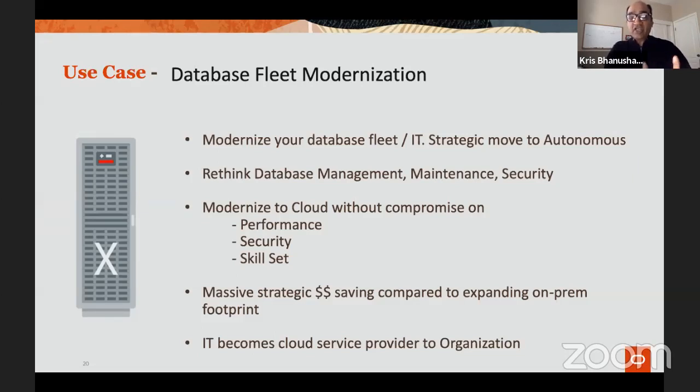This journey of taking your existing outdated database, whether it's hardware or the versions of the database software itself, and moving it slowly and as it makes sense to this new modern environment of self-managing databases. That's the fleet modernization journey, right?